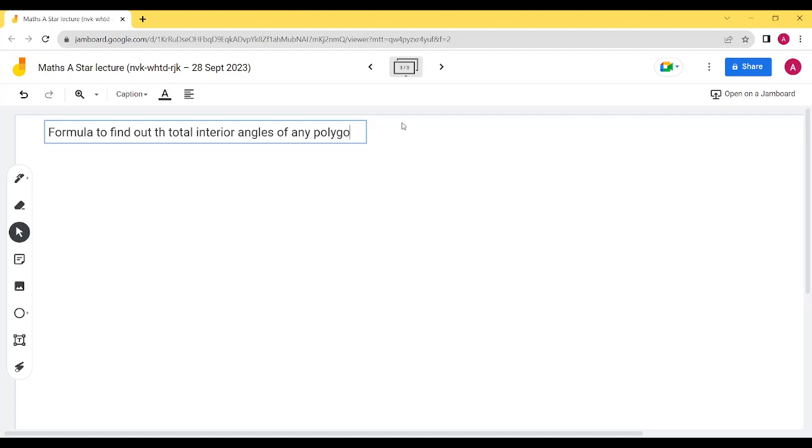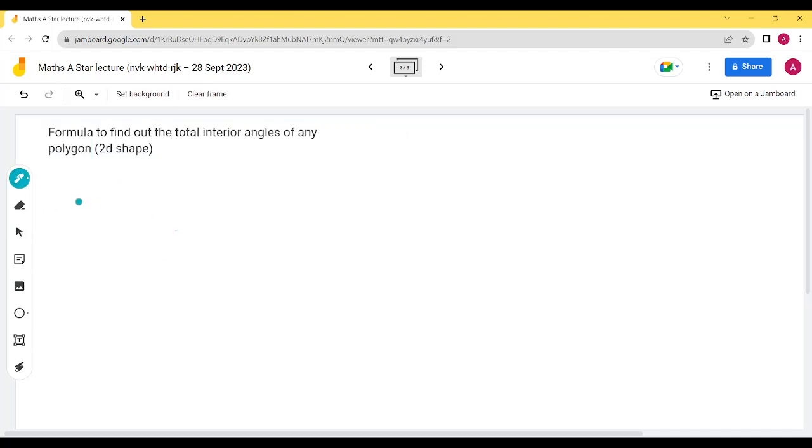And a polygon just means a 2D shape. Okay, so the equation is, and you'll find this works for a triangle and a quadrilateral, and works for anything else as well, the amount of sides